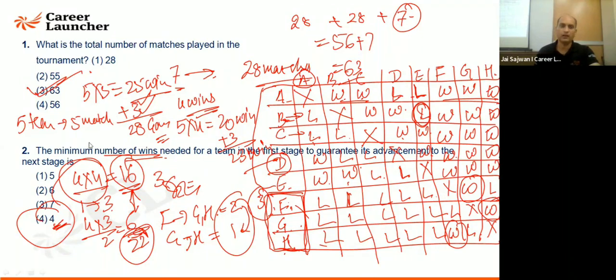With 6 it is 100%, with 7 also it is 100% guaranteed, but with the minimum win that you want. So with minimum win, I will say that even with 5 wins, you can go to the next round because there are 5 people. You know, there may be a tiebreaker system in which you are going to win that. Okay, so with minimum 5 wins, there are chances of going there. Is it fine, clear? Everyone? So that will be your answer.